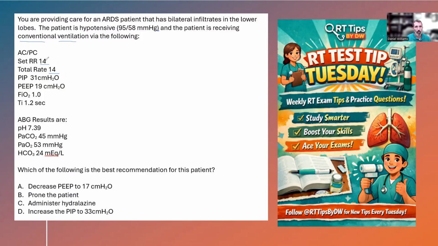So for all 14 breaths of the set respiratory rate, they're all going to be delivered at 31 centimeters of water pressure, 19 of PEEP, for 1.2 seconds I time, with 100%. If the patient were to trigger a 15th, 16th, or 17th breath, and so on, those additional breaths will also be delivered